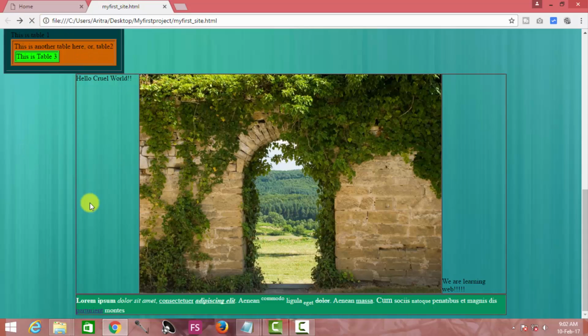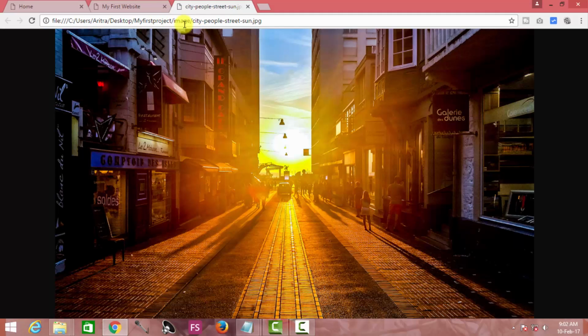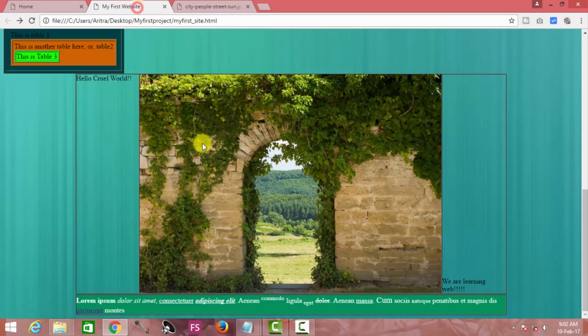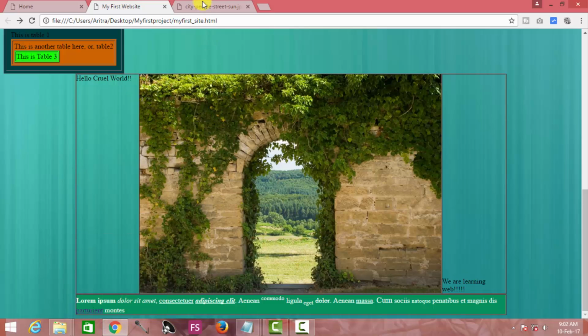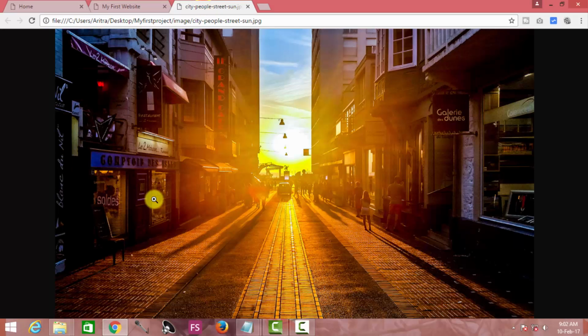You see nothing over here so far, but now if you click on your linked text here, you will see that your image is now opening in a different tab. That means this is a new tab, and this is your exact website where you are sitting, and this is another tab where this linked image is now opening.